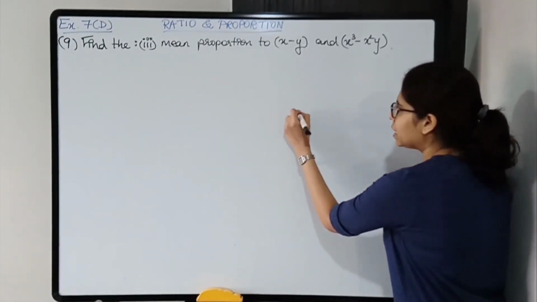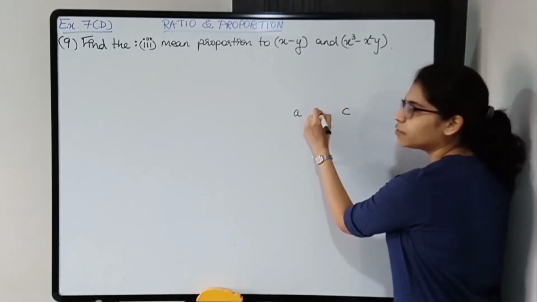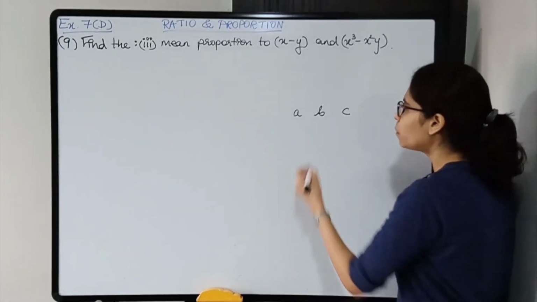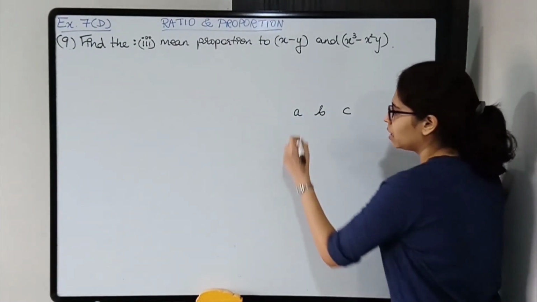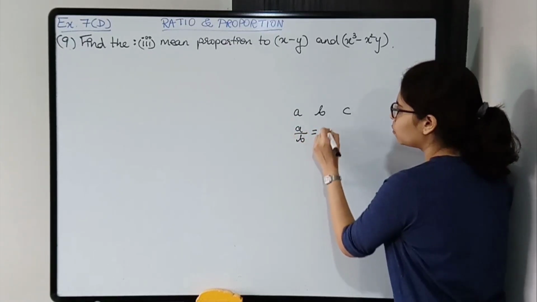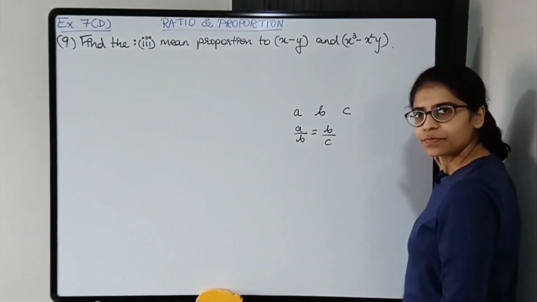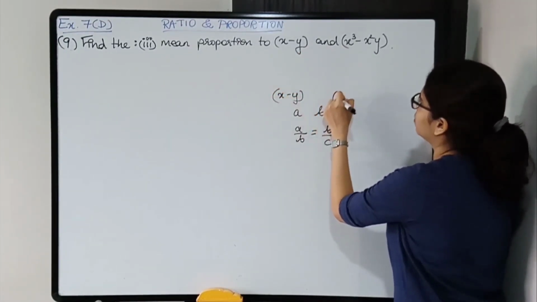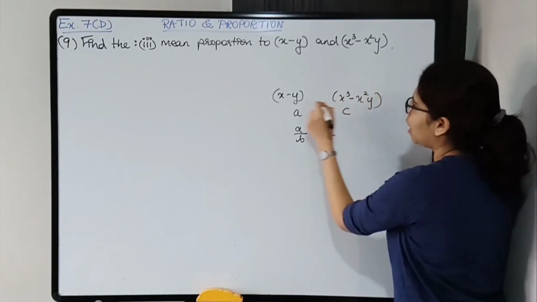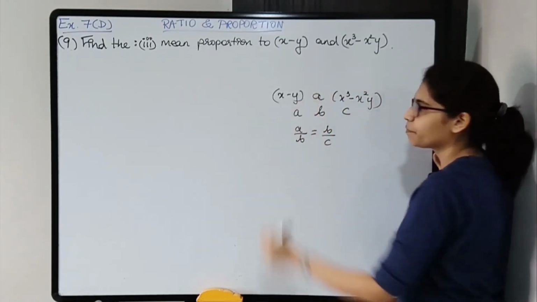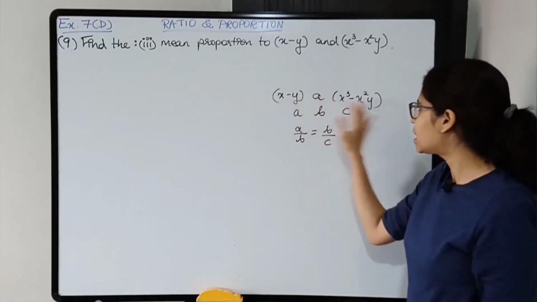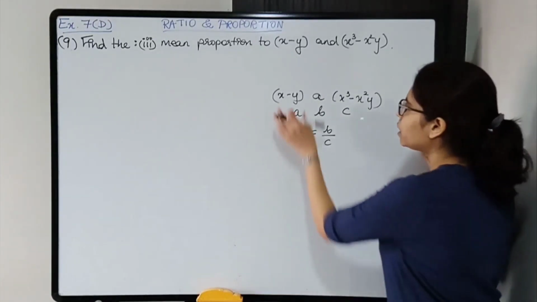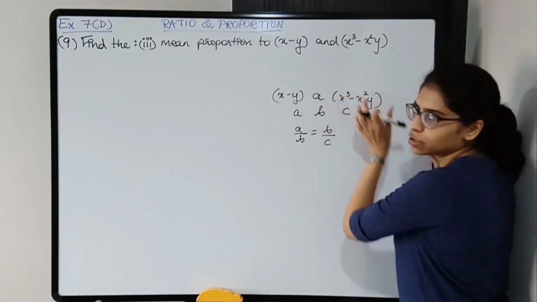So it's like A and C, and the middle वाला term you don't know, that is B. So we know whenever three terms are in continued proportion, then first upon second is equal to second upon third. Same thing over here. First and third are given, and the middle one we'll assume it to be A. You can take any other variable besides x and y. ठीक है? So I have taken it as A. Now we know that this upon this will be equal to this upon this.